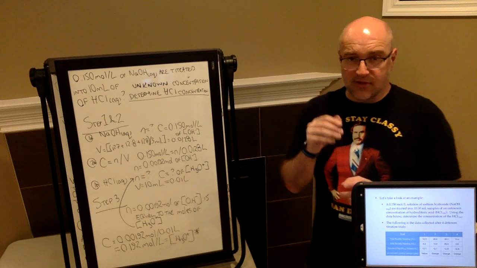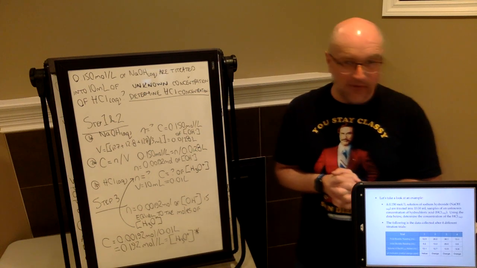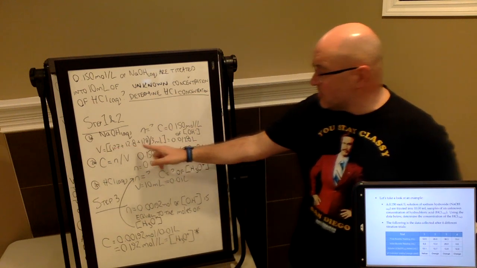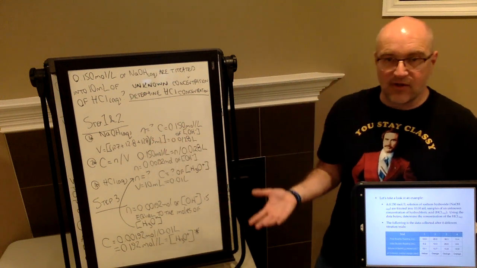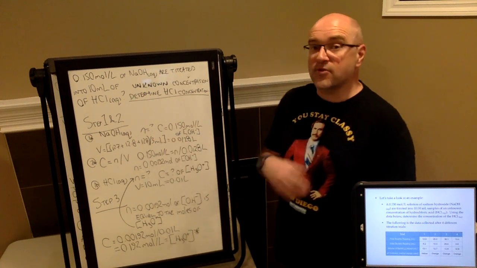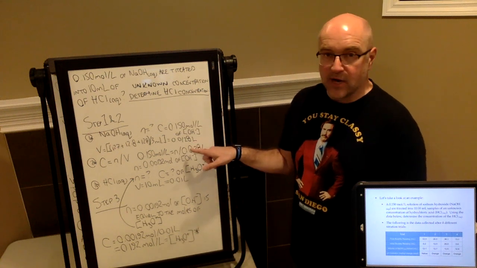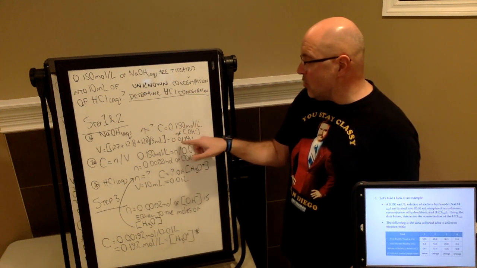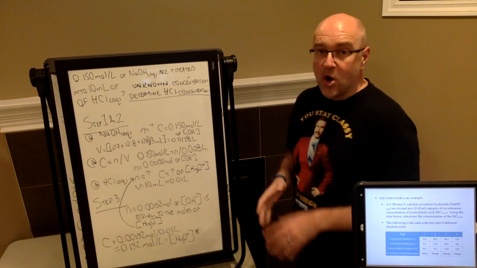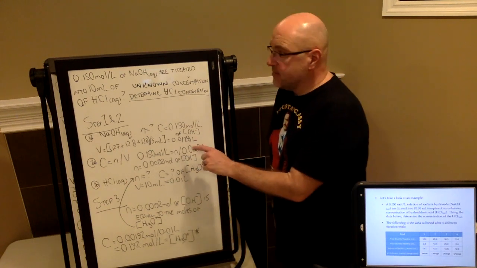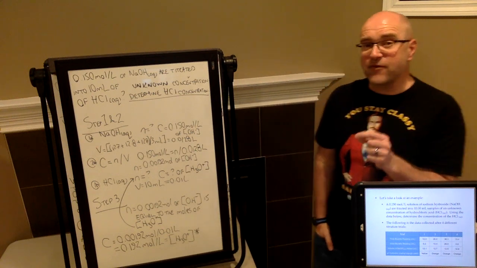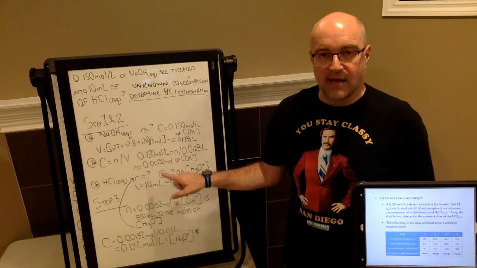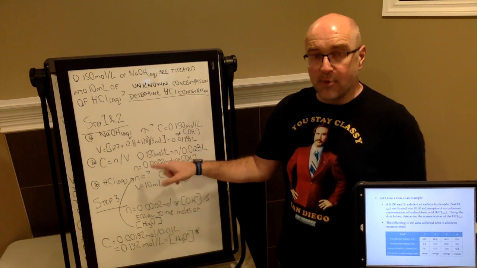But the third and second and fourth trials, we have about 12.7 mL, 12.8 mL, 12.8 mL. Those are consistent values. So I'm going to take those 3 volumes in milliliters, divide by 3. It's going to give me roughly 12.8 milliliters. But remember, this is a concentration formula. Volume has to be in liters. So I'm going to take my 12.8 milliliters, divide by 1,000. That's going to give me a value of 0.0128 liters. So now I know of my titrant, I know my volume, as well as I know my concentration. So from that information, if I plug it into my concentration formula, I can actually determine the number of moles of hydroxide that are in the base, which is going to be, in this case, 0.00192